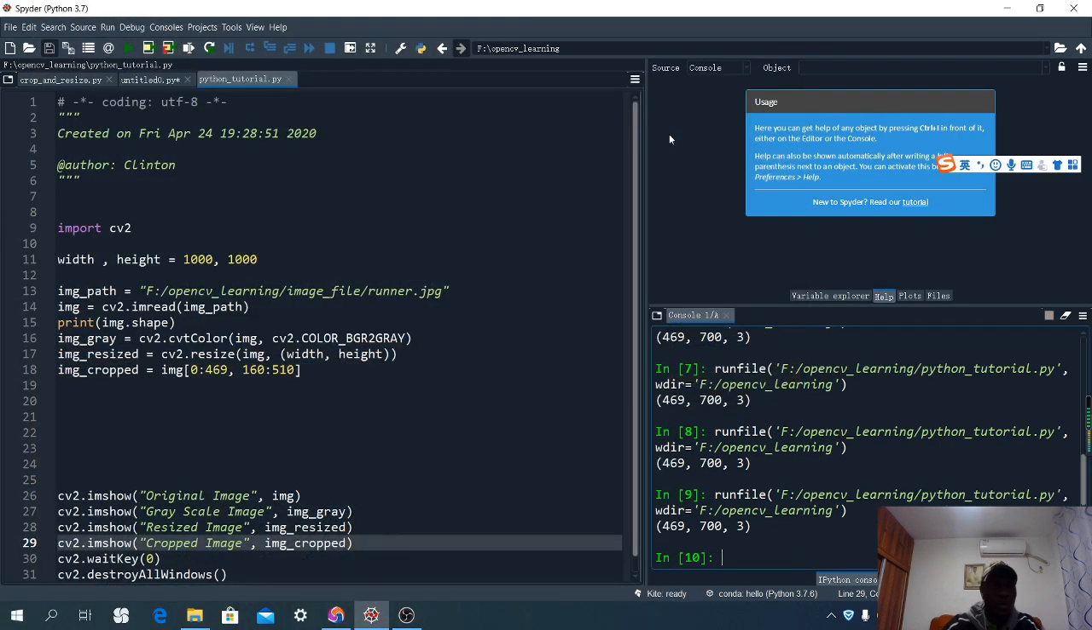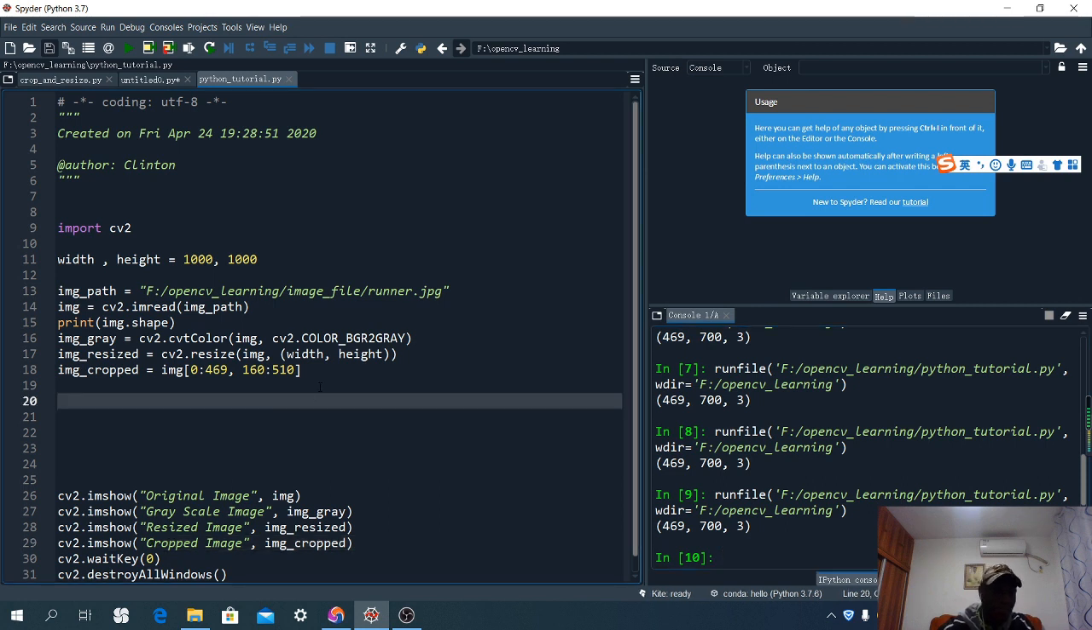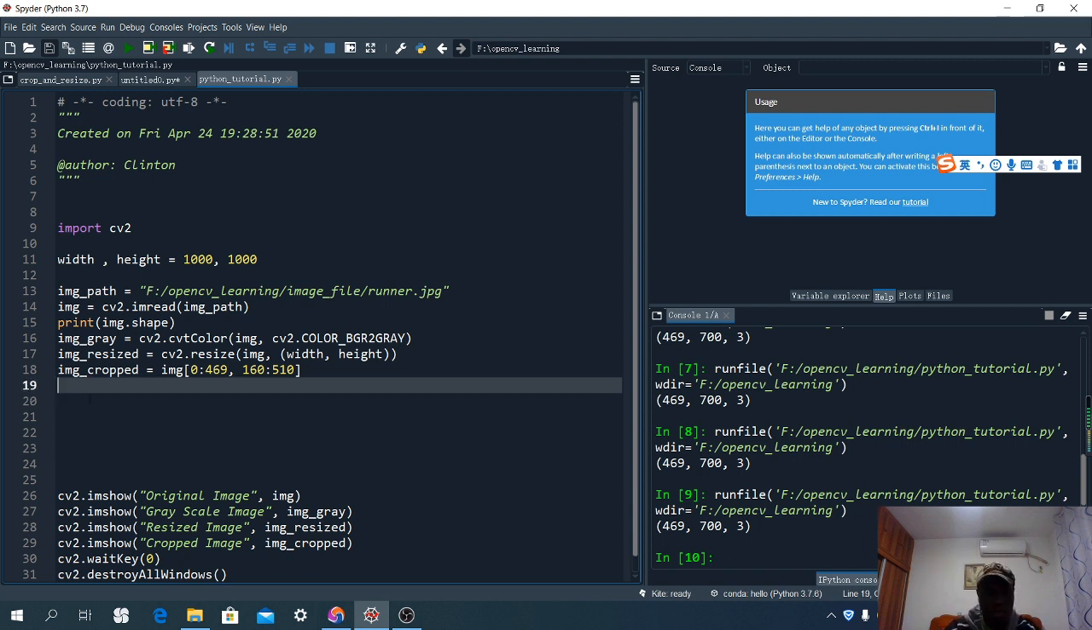Okay, let's go back to our code. The next thing I'm going to do here is to resize this cropped image. I want to resize this image that we just cropped back to the original image. So I'm going to write code that says img_cropped_resize. Img_cropped_resize is going to be